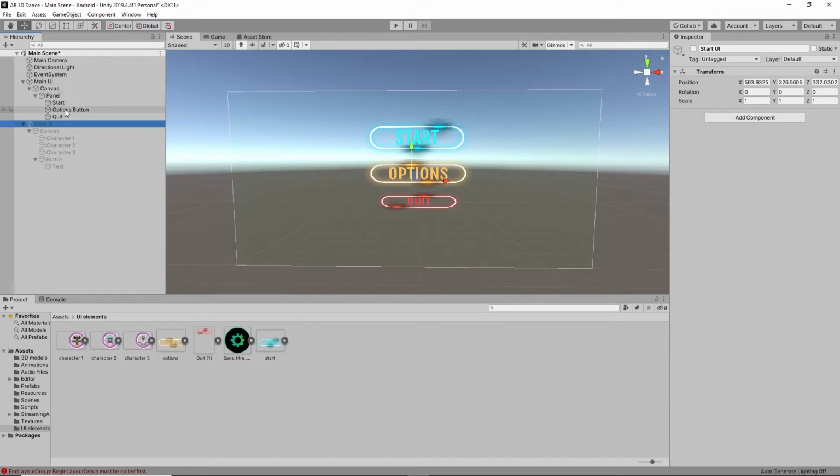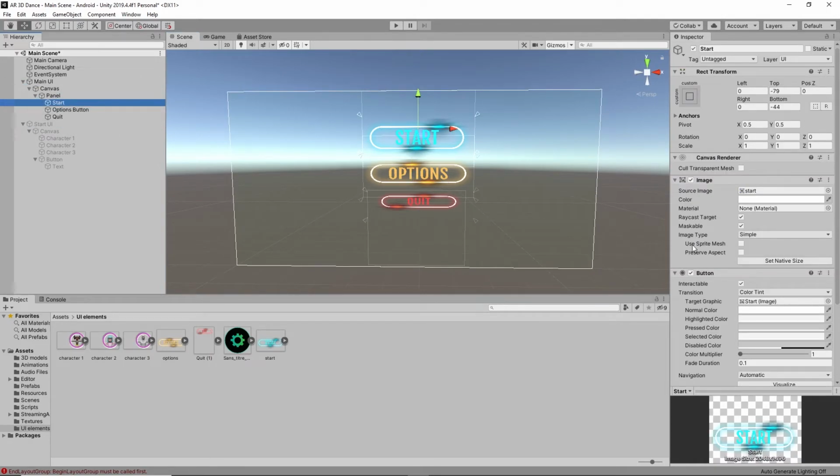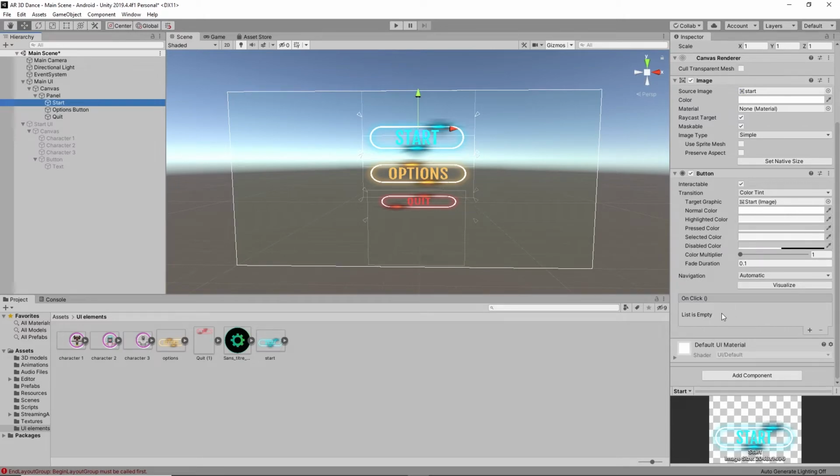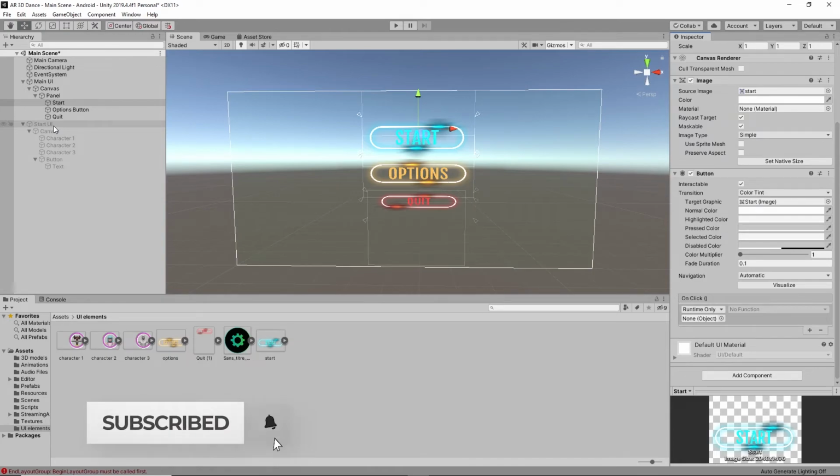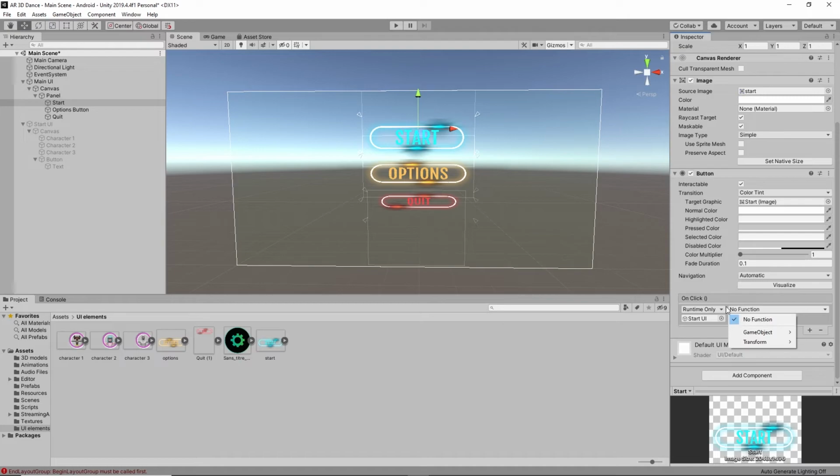So what we have to give: first select the start button here in the on click trigger, because those start UI buttons are in the same scene, right? So we have to give the start UI into this game object and give the function called game object set active, which should be enabled when I click on start button, right?